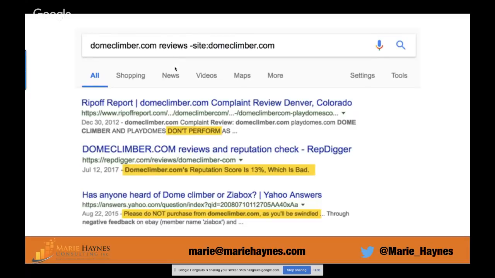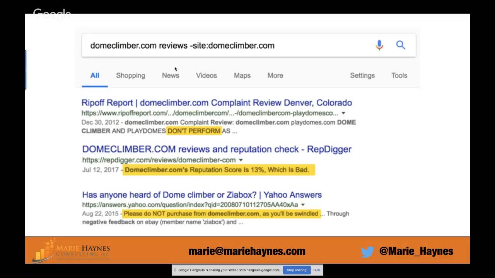This is an example. Dome Climber is given as an example in the quality raters guidelines as a low quality site for a number of reasons. And if you do this search, you'll see that people are saying, like, this doesn't perform as expected. It has a reputation score of 13%, which apparently is bad. And if you do not purchase from this company, you'll be swindled. And so this site saw massive drops, in conjunction with quality updates, because Google does not want to rank sites